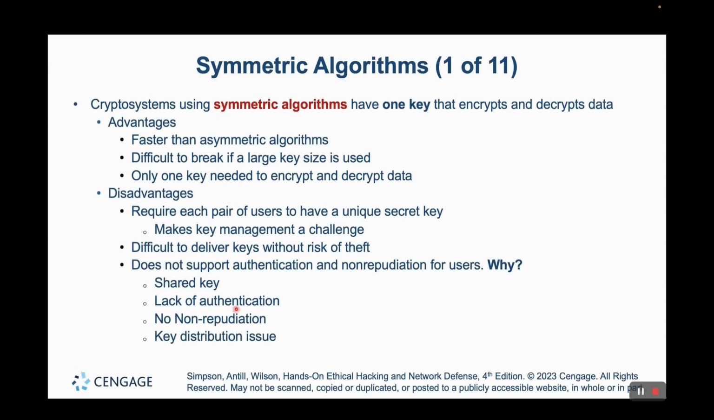Now, there's a lack of authentication. The problem with symmetric encryption is that it does not provide a method to verify the identity of the message sender, because the key is the same for all people involved in the process. No non-repudiation. First of all, what is the purpose of non-repudiation? The purpose is to ensure that the sender cannot deny sending a message. However, in the symmetric algorithm, any party with the key can generate a message, making it impossible to confirm the true sender